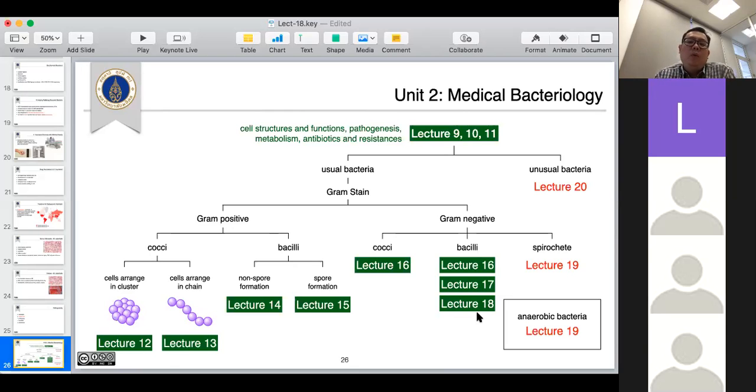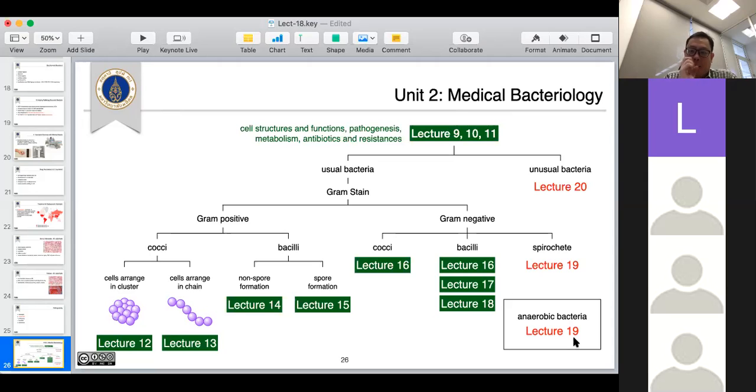Tomorrow we will spend some time on spirochetes. I will point out just 2 or 3 genera and touch very little on anaerobic bacteria. Actually, some of the anaerobic bacteria you learned in spore formation. That's Clostridium, right? So for anaerobic bacteria, just 1 or 2 species of non-spore forming